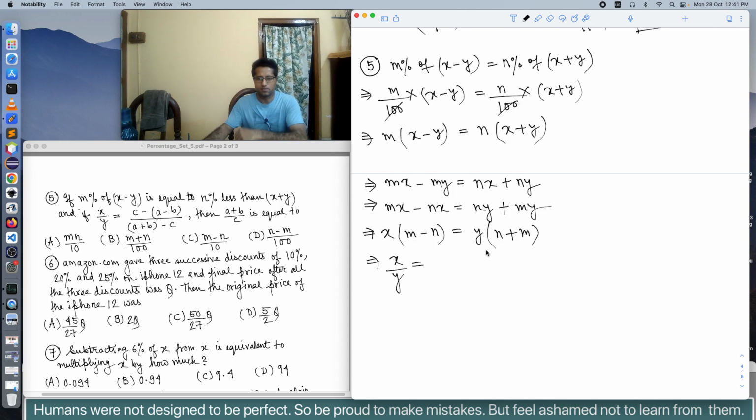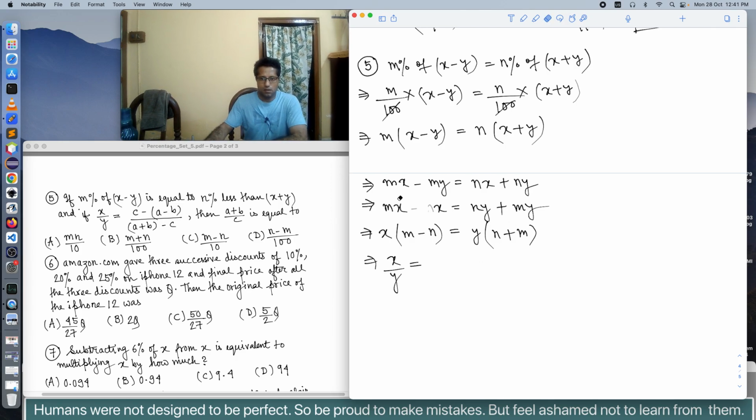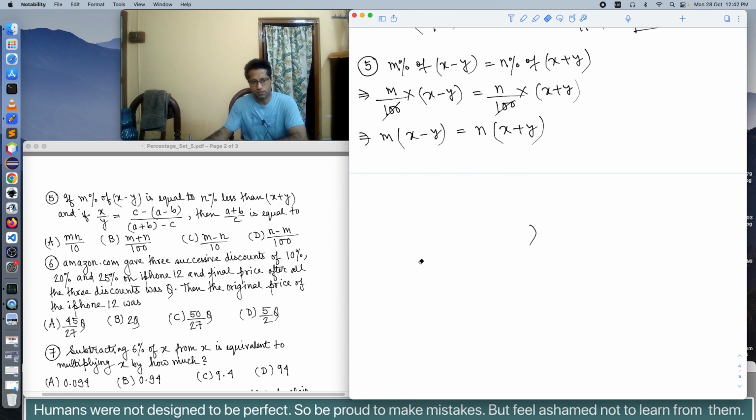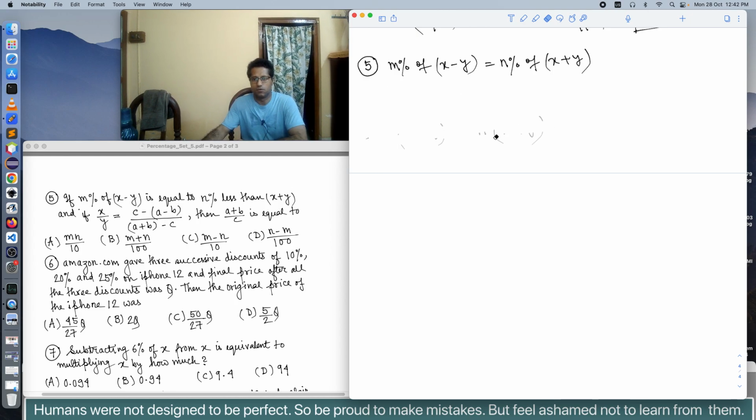Oh, I made a mistake, sorry. I did not read the question properly. The question was m percent of x minus y is equal to n percent less than x plus y. My bad. It was not n percent of x plus y, but n percent less than